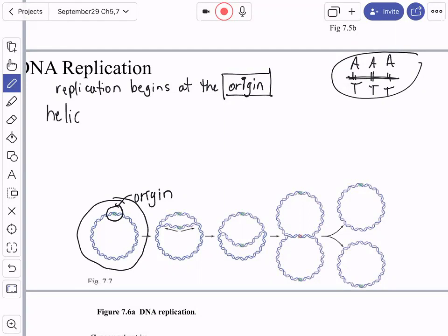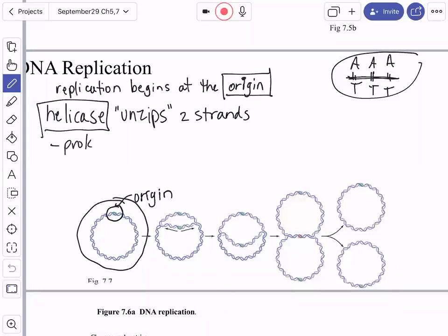So that enzyme is called helicase. Usually we refer to that as unzipping the 2 strands. And you'll see that on the next page, the helicase. Okay, what else? Prokaryotes usually have 1 origin. Okay, like you see in the picture here. In eukaryotes, because they have so much more